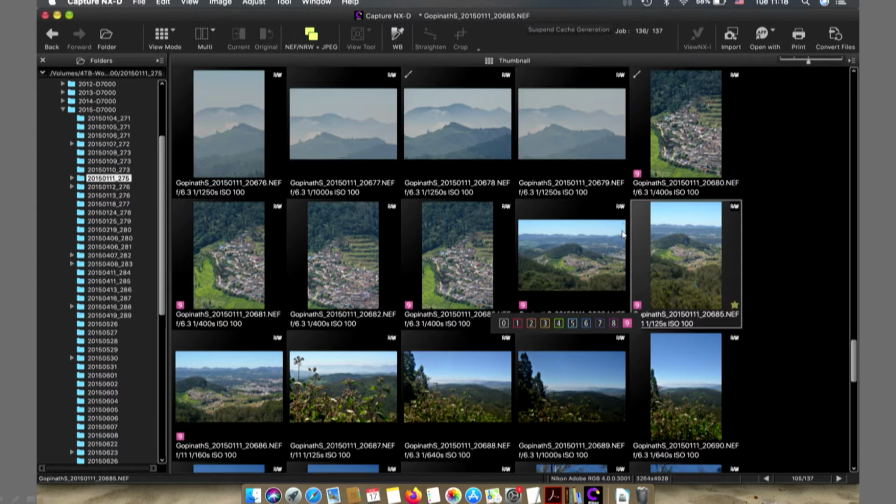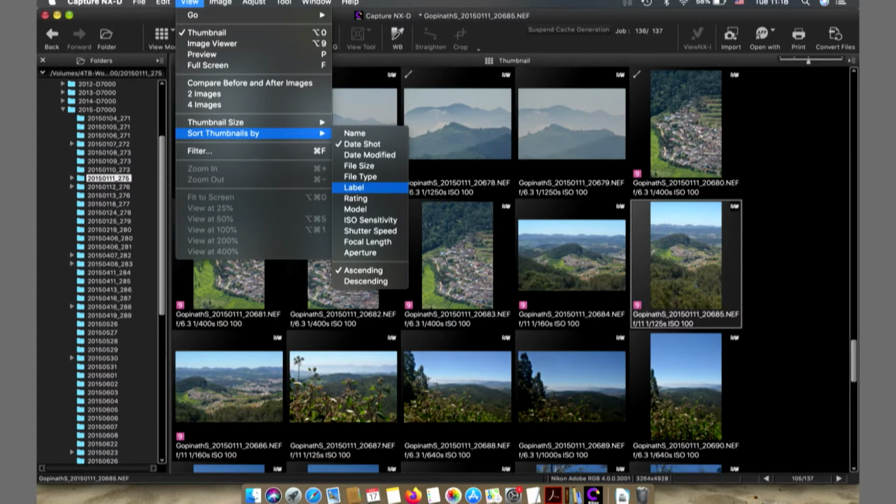Then what I am going to do is, likewise, go through my entire folder and mark or label them. Once that process is over, I am going to see only the labeled pictures. Why only the labeled pictures? Because now I have made my first round of selections. I do not want the photographs I did not select. So, I will do a second round of selection based on what I have marked.